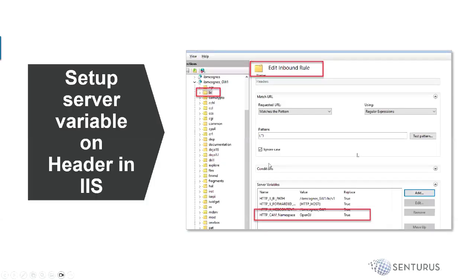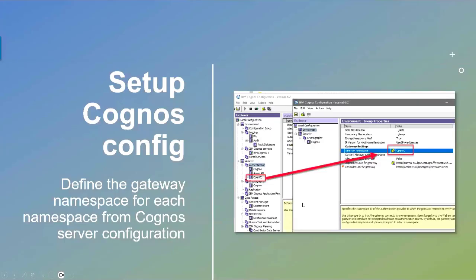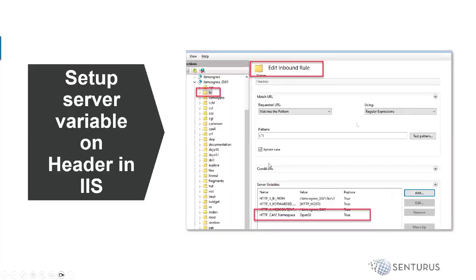And then the last step is to make one tweak to IIS. And IIS, again, it's going to have all those URL rewrite rules, which get really messy. It's all been done for you. So this is going to do 99% of that for you, but you still need to go in and edit under your BI, the URL rewrite rules. Your header variable needs to have a HTTP cam_namespace value variable and set that value to OpenDJ here as well. So if you have this set and this set here, then you are able to get this sort